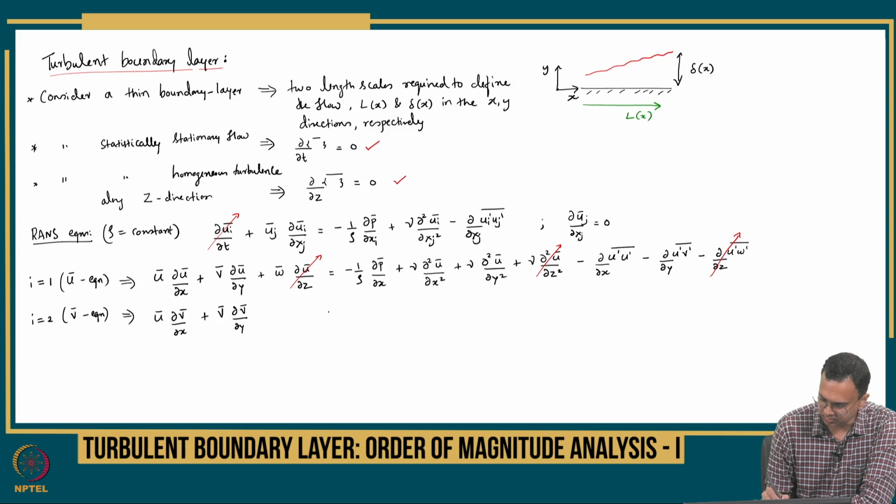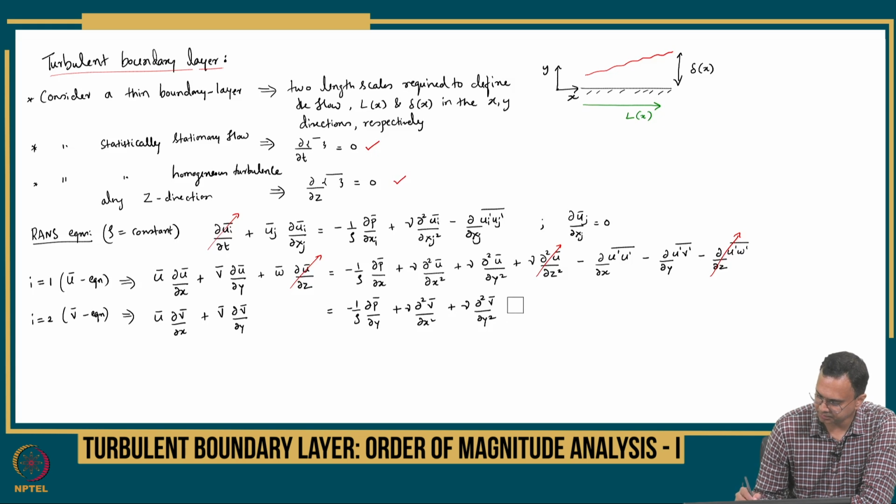Here also one of the terms goes away, which will be equal to minus 1 by rho dou p bar by dou y, and then I have plus nu dou square v bar by dou x square plus nu dou square v bar by dou y square